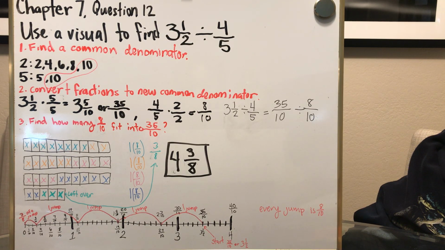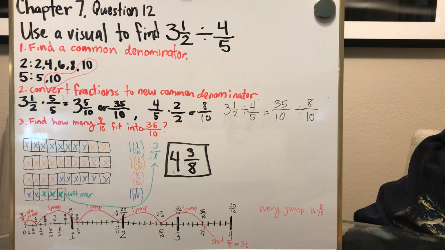And then we're going to convert the fractions to a new common denominator, which is 10. So we take the 3.5. The 2, to convert that to a 10, we have to multiply it by 5. So we're going to do the same thing to the top. And then that 3.5 would become 3 and 5/10, or I could multiply the 3 wholes by 10 and add it to the 5 and have an improper fraction